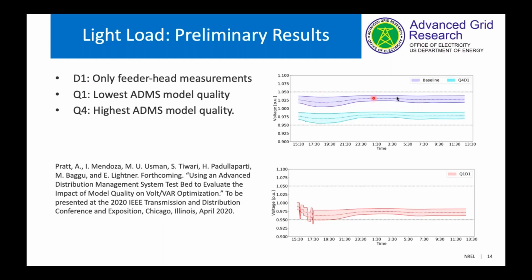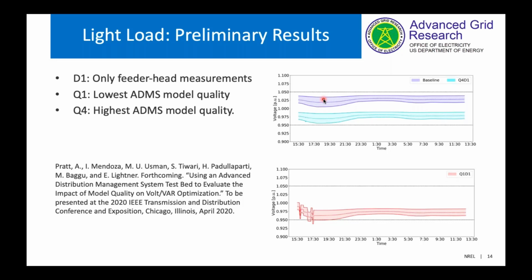So starting with the baseline situation, before the Volt-VAR optimization application is activated, we show the average, min and max voltages. You can see all voltages across the feeder are within the ANSI limits, but they sit fairly high. And in this case, Xcel Energy wanted to pursue conservation voltage reduction.